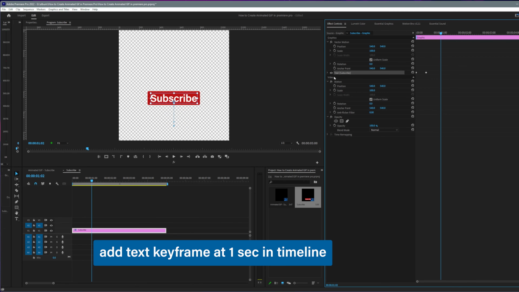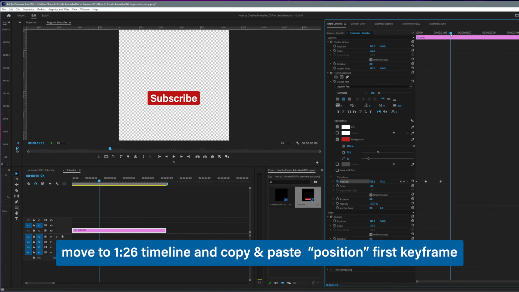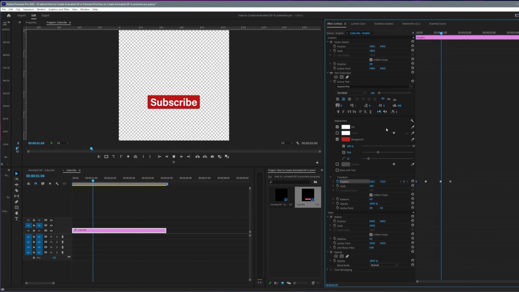Now let's move the playhead to 1 second in a timeline. And let's add another keyframe to the position property. Let's copy the first keyframe and paste it after the third keyframe. I'm gonna make the animation longer, so I'm gonna drag the last 2 keyframes and move it to the 2-second